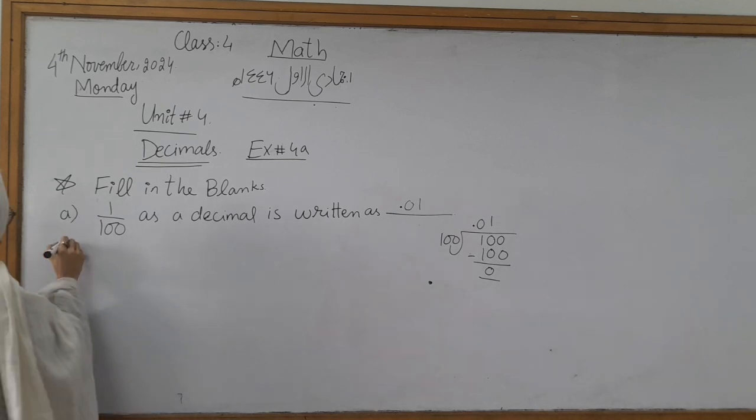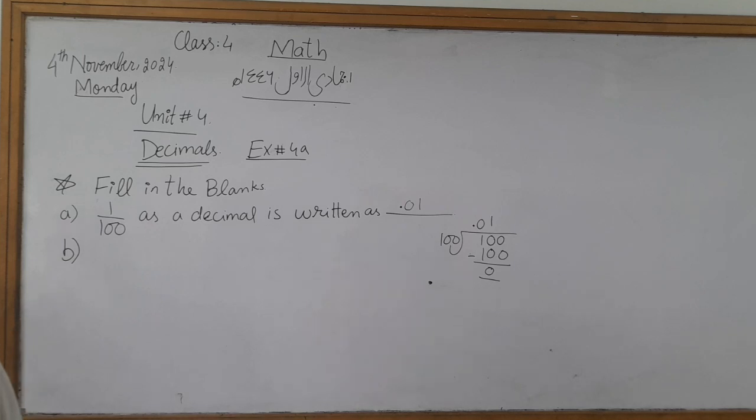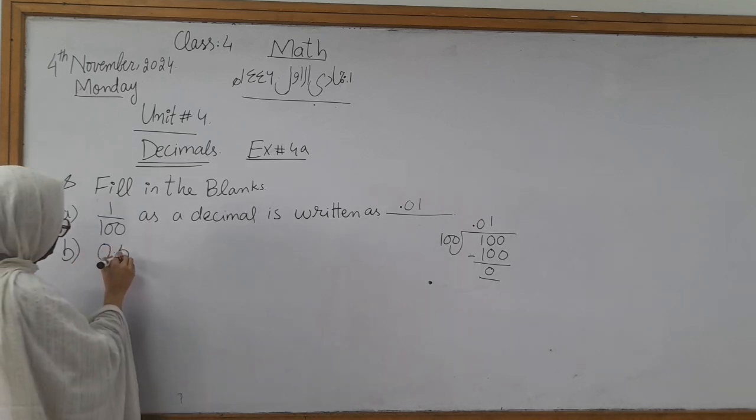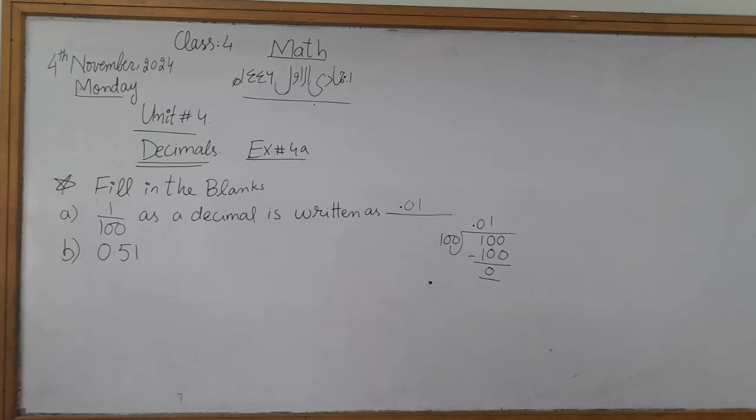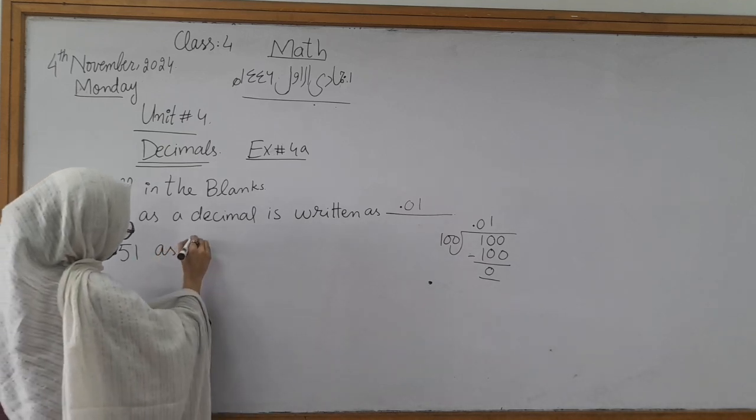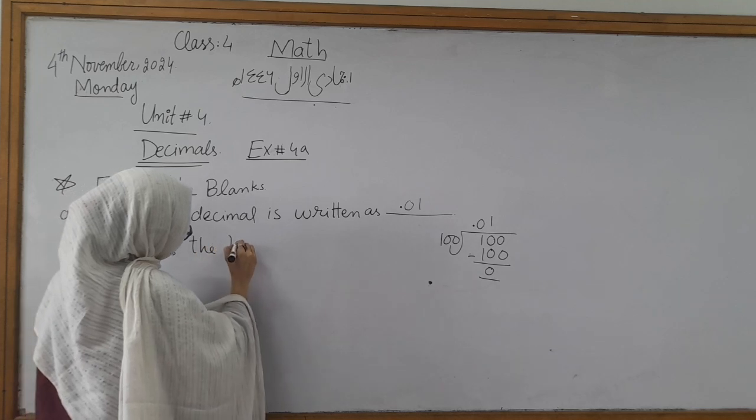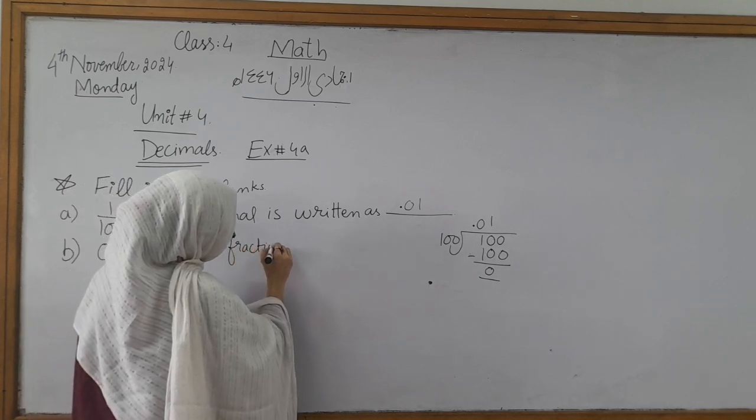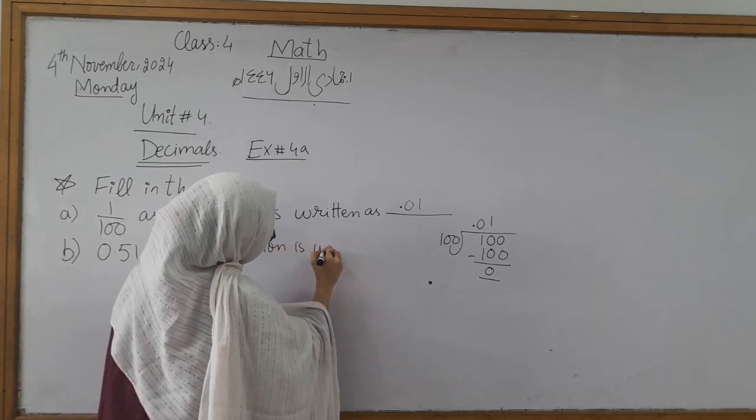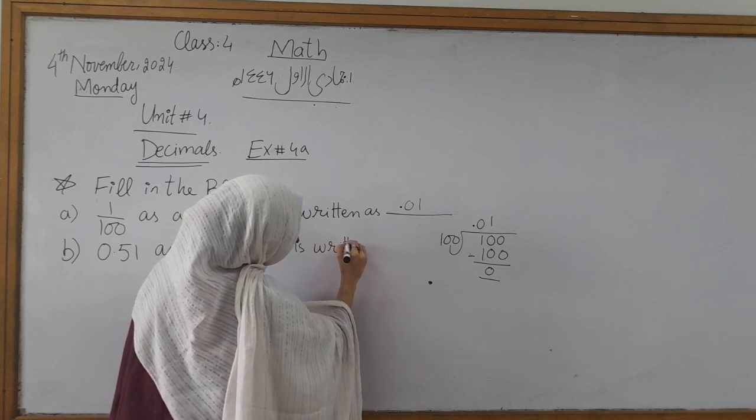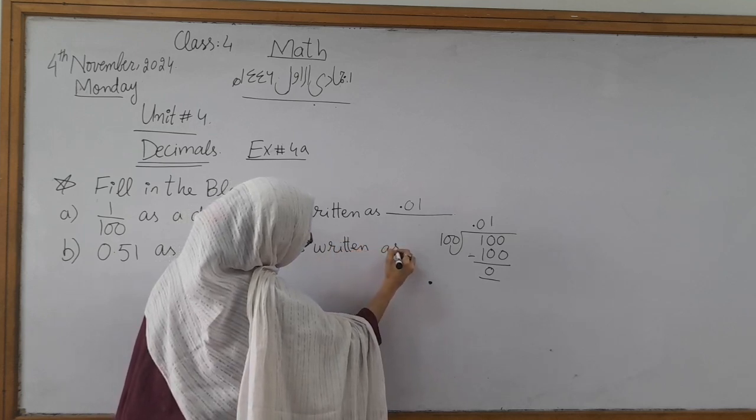Now we have B part. In B part we have 0.51 and you have to write it in fraction form. The fraction is written as